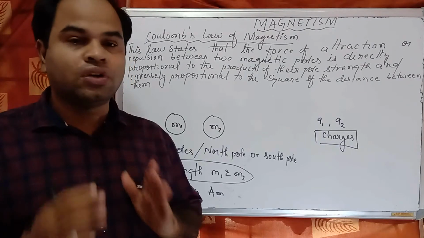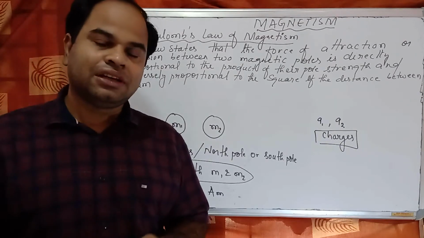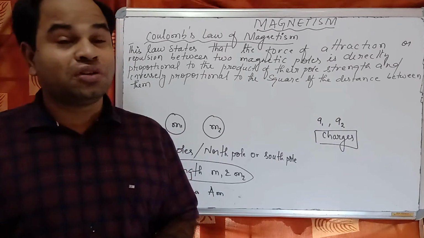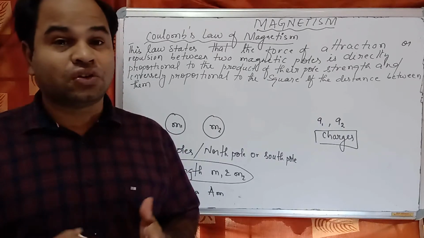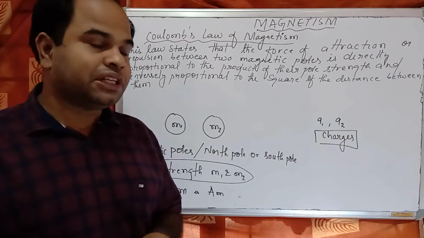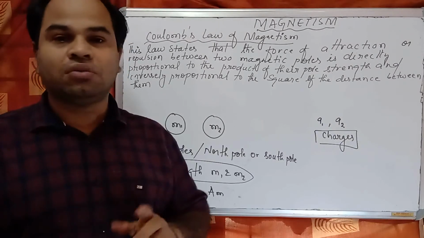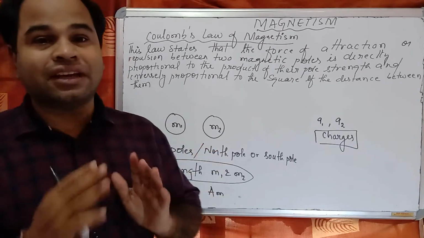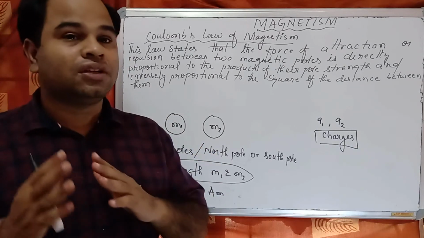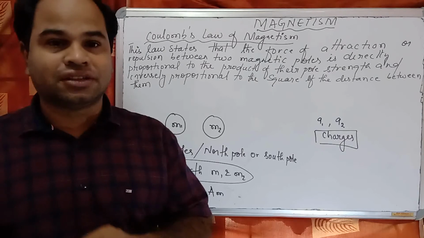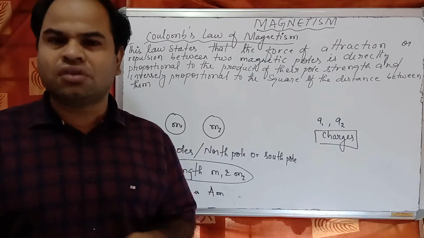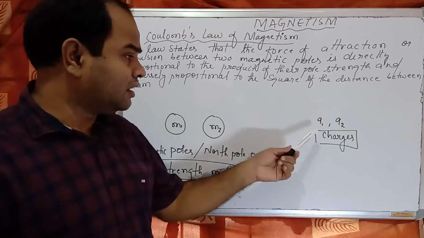So this Coulomb's law of magnetism is an exact copy of Coulomb's law of electrostatics. So this law is just the exact copy of that Coulomb's law of electrostatics. So in Coulomb's law of electrostatics we are taking charges,